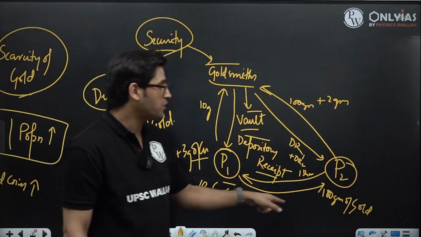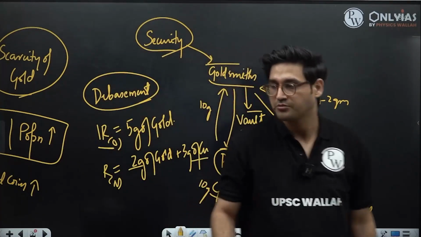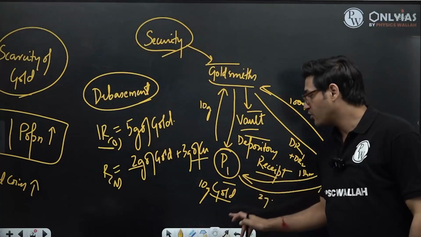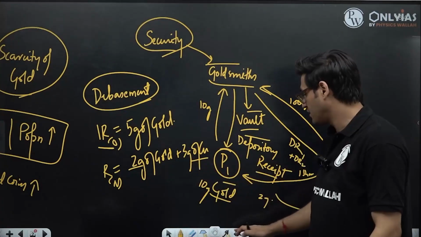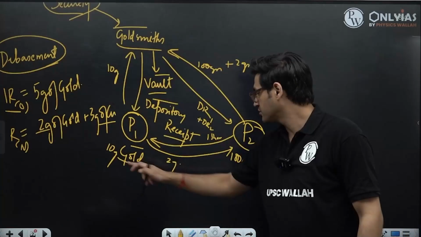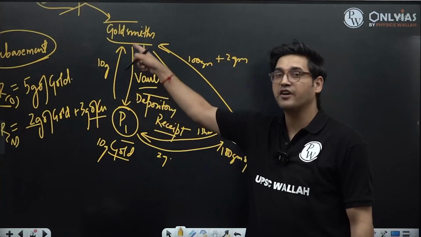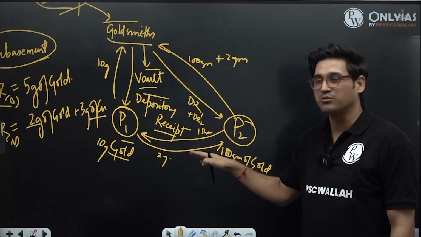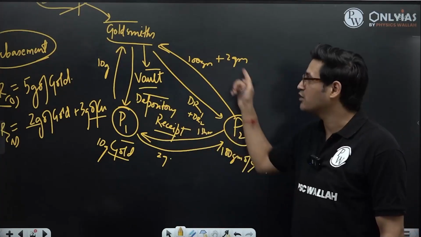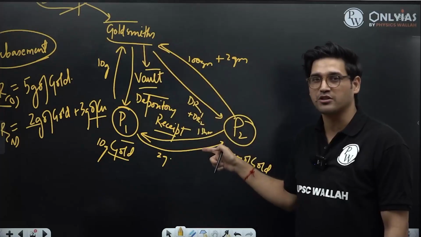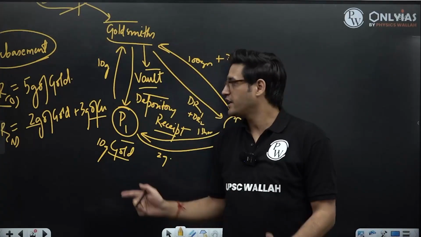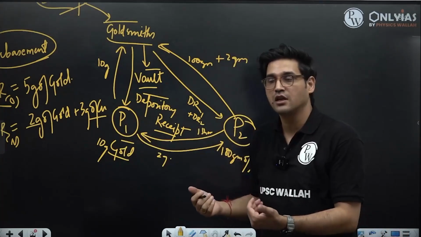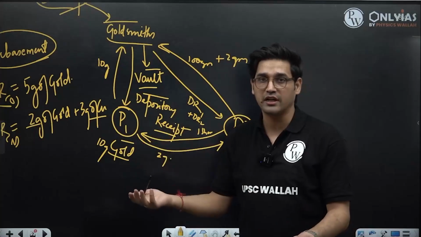Person 1 is going to issue him a depository receipt, and the depository receipt is going to go to person 2. Rather than him first going to the goldsmith, withdrawing gold, then going to this person, buying an item by giving him gold, and this person taking it back to the same goldsmith again and getting a deposit receipt, isn't it much simpler if this person goes straight to this person and asks what he wants, and this person tells him how much gold he wants?